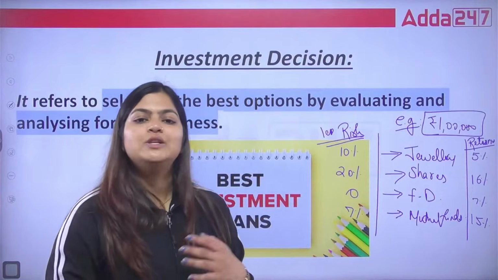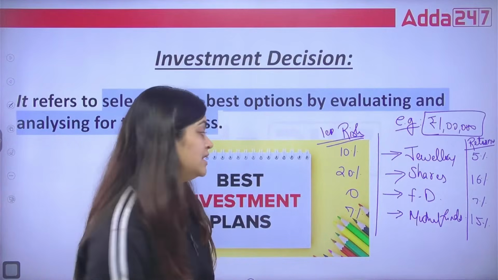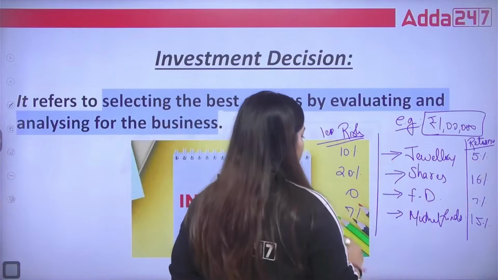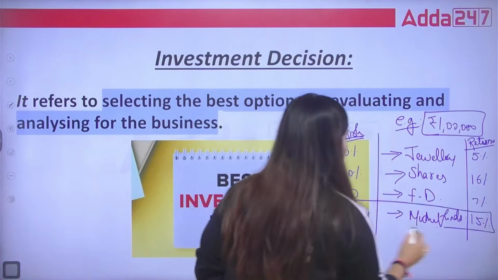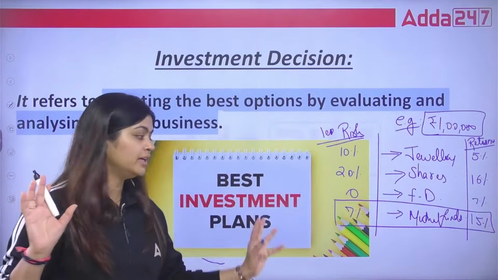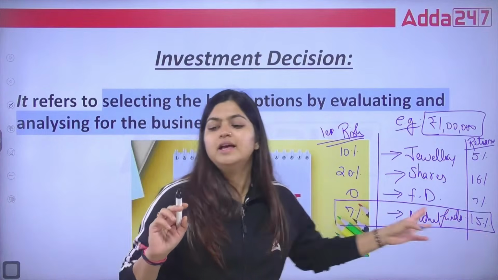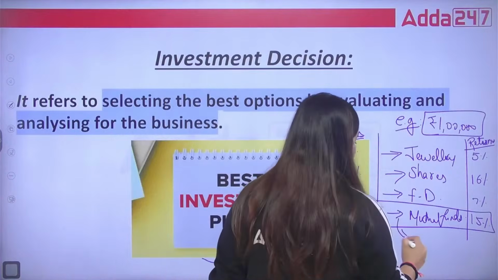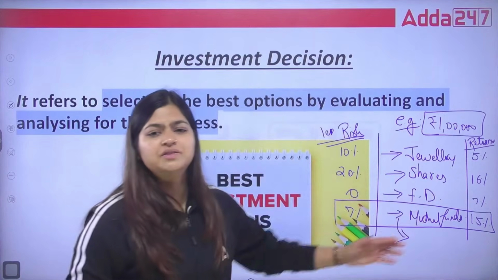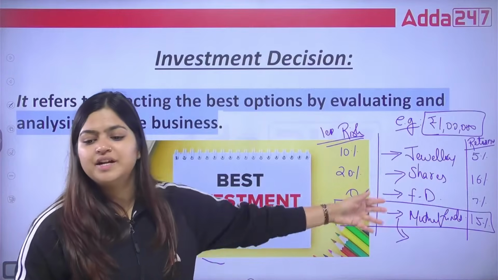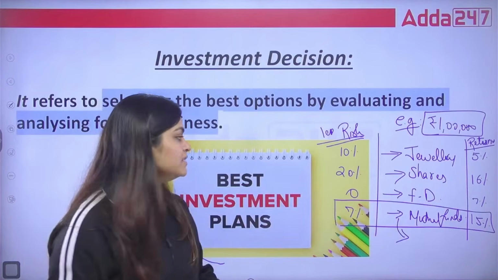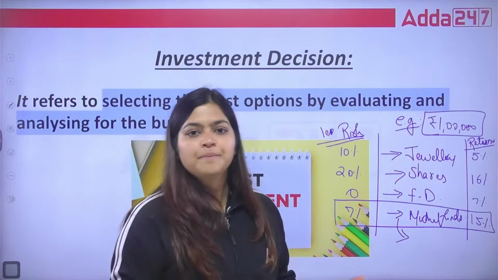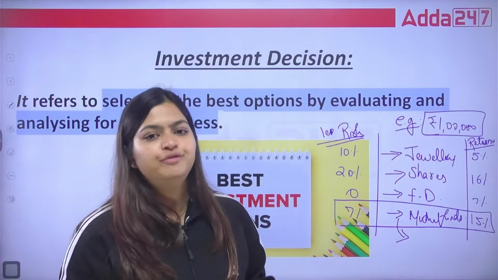Yes, I have evaluated these different options. Now, after analyzing each option, I can say mutual funds is your best option. In this you are receiving good return as well as minimum risk. So what will we do as an investor? See, FDs, that 7% is a very minimum amount. The inflation rate is around 6 point something. Yes, so I'm not going to earn anything. Whatever I'm earning, that is equal to inflation.